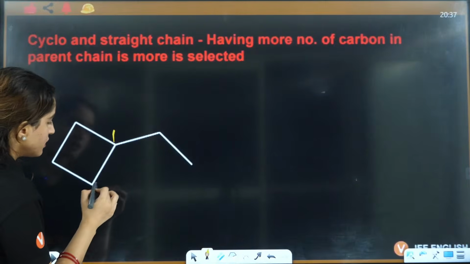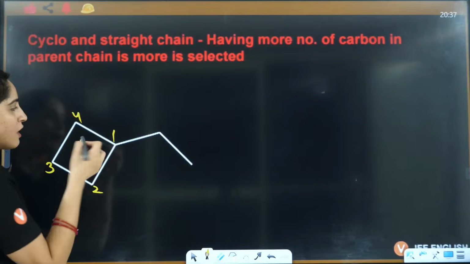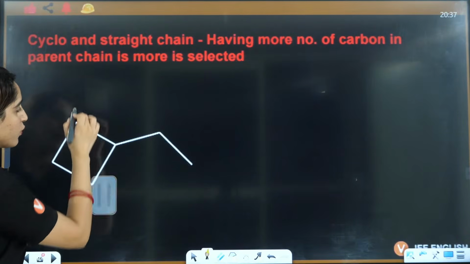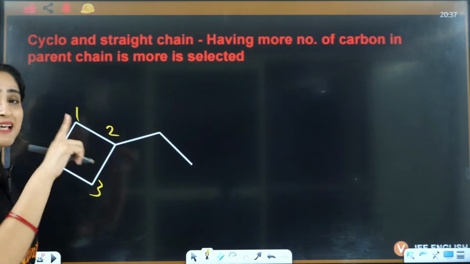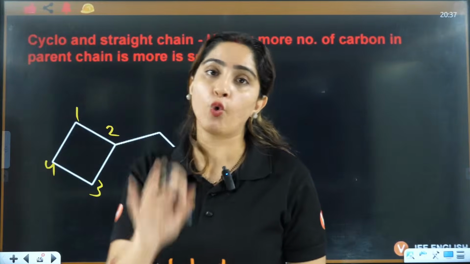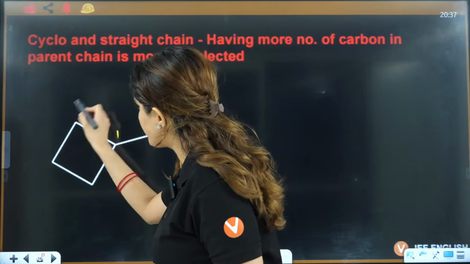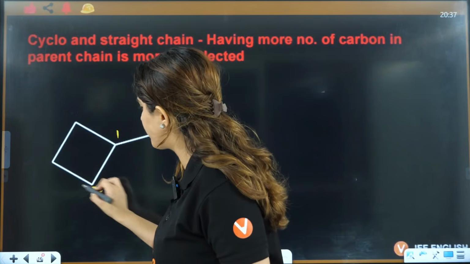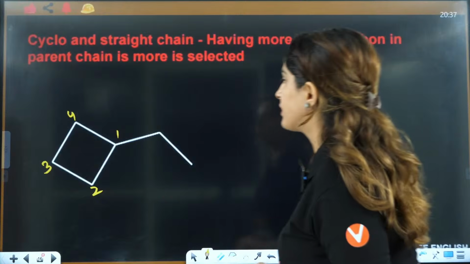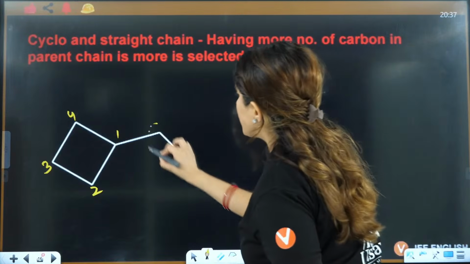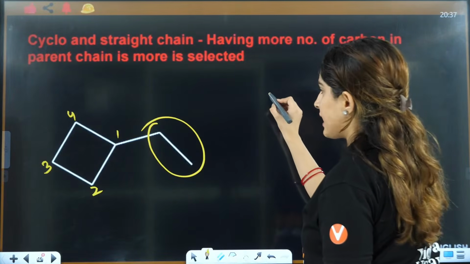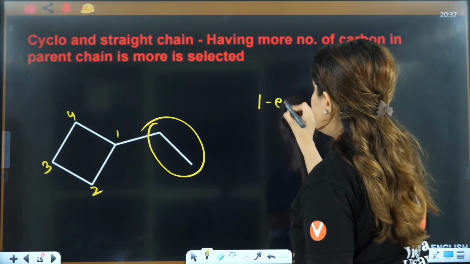So it will be 1, 2, 3, 4. Why have I not written it like 1, 2, 3, 4 the other way? Because I want to give the substituent the lowest number. So that's why it is written as 1. You can do 2, 3, 4 or 2, 3, 4, whatever you want, that is symmetrical only. So on the first position you have ethyl here, so I'll say 1 ethyl